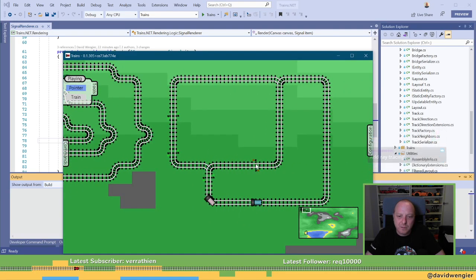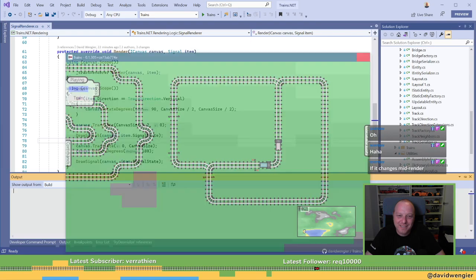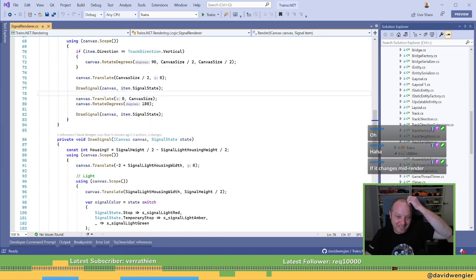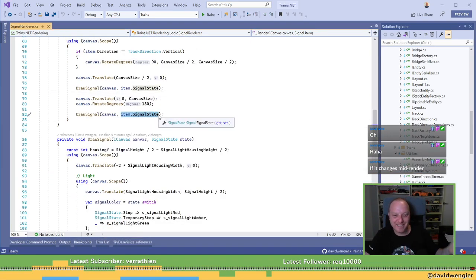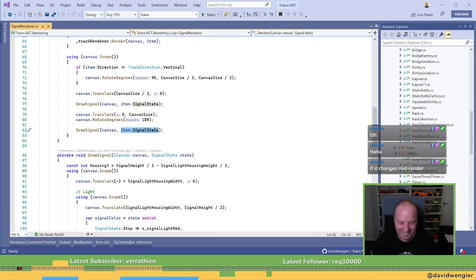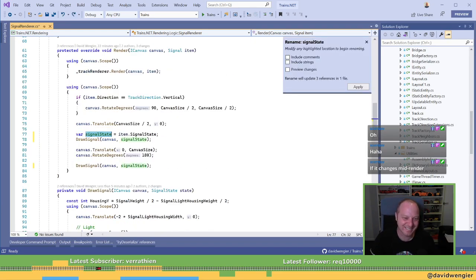So. Oh, I think it changed state between calls. Yeah. I think that is, which could happen on a click or a, did I just get super lucky last time? Yeah, okay. Oh dear. Look, it's funny here because you're even passing in the state. So, like, it's really quite easy. We just do this.